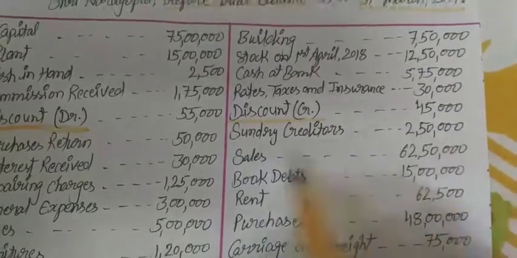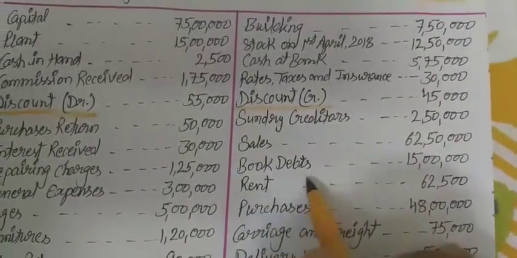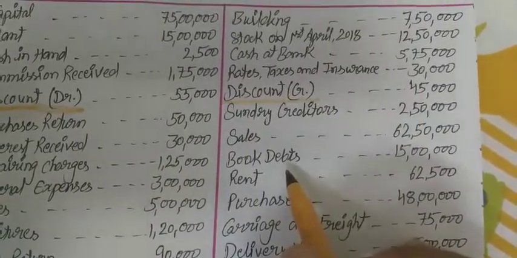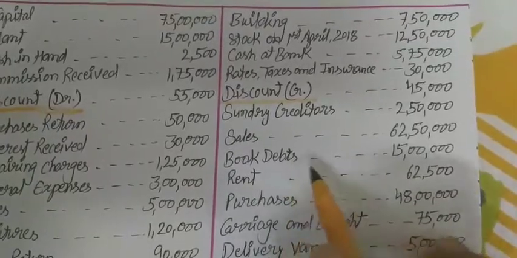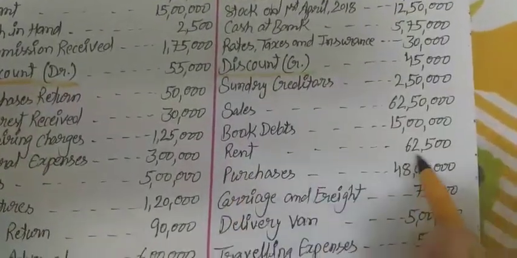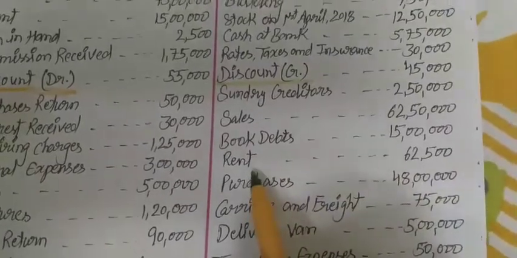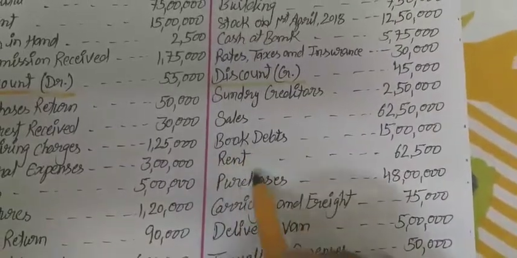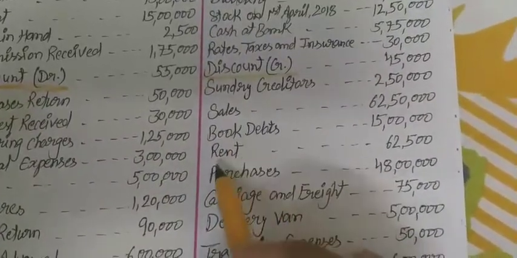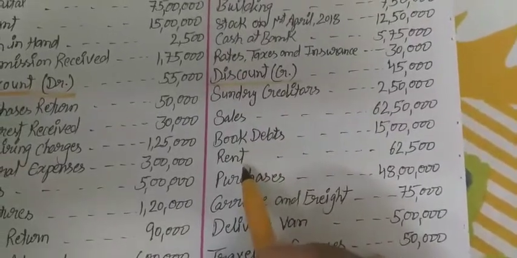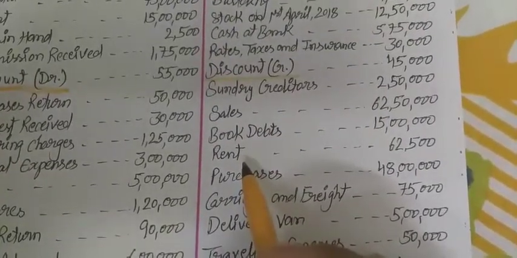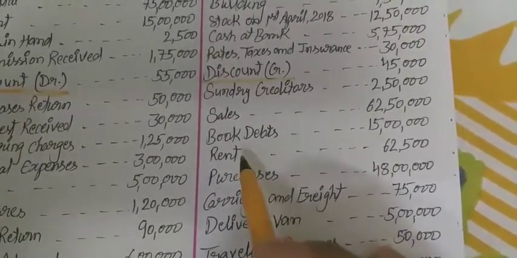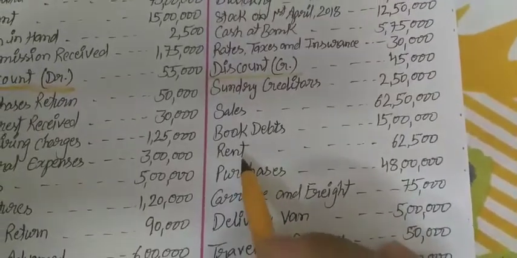Sundry creditors 2,50,000, sales 62,50,000, book debts means debtors. Okay, for those customers to whom we sold goods on credit, that is 15 lakh. Rent 62,500, only rent is written, we don't know if this is received or paid. So when only this type of expense or rent is written, it will be considered as an expense, meaning it is paid by the business. Okay, this is an expense for the business, so that's why all expenses are debit, so this rent will